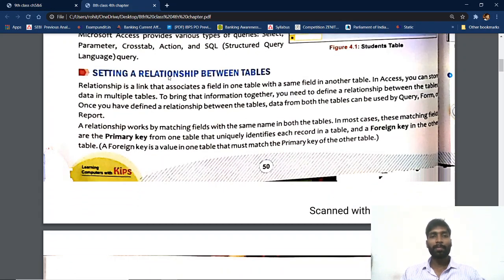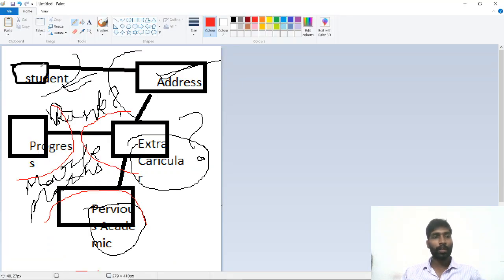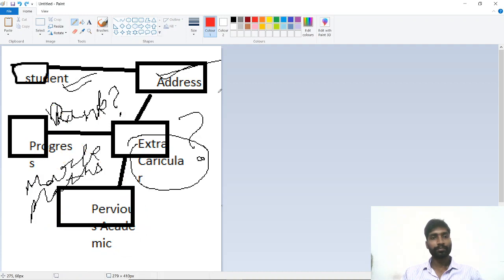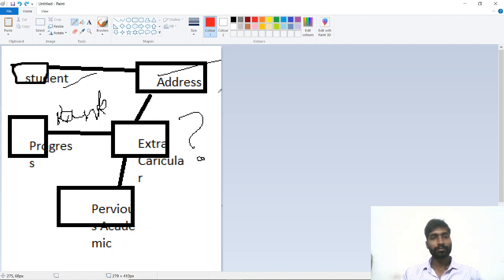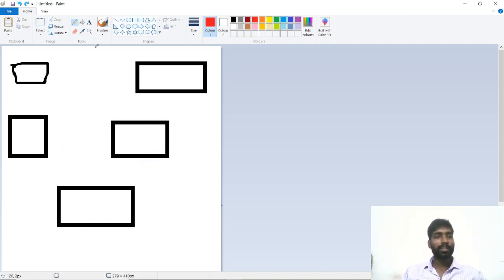Sir, what is meant by setting relationship? Students, here I draw one line from one table to another table.